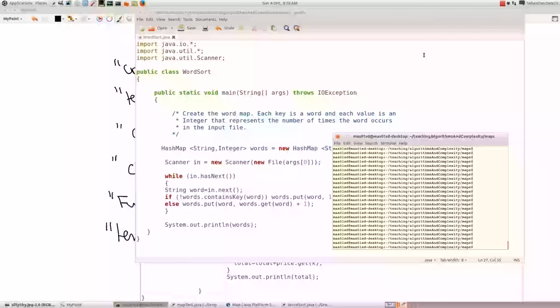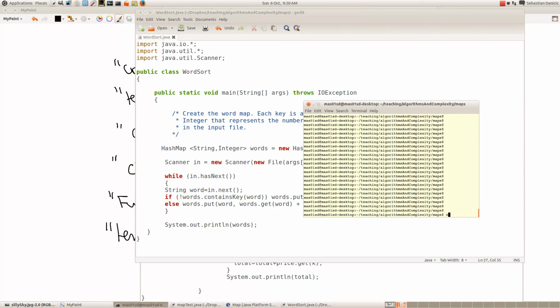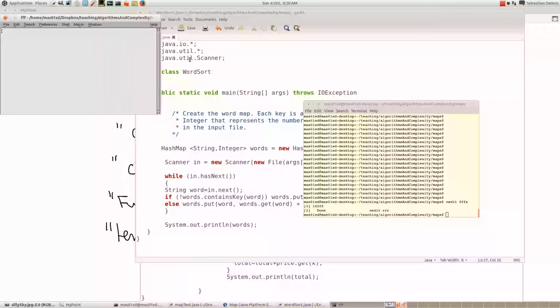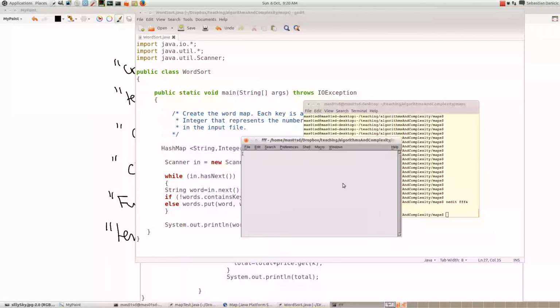In the next example of the use of maps, I'm going to show you how to count the number of occurrences of words in a file. So, for example, let's make a file, and if I start just typing in here, hello, my name is Sebastian